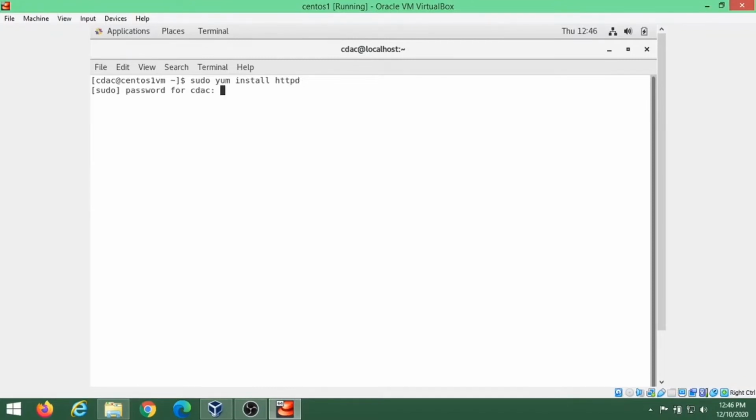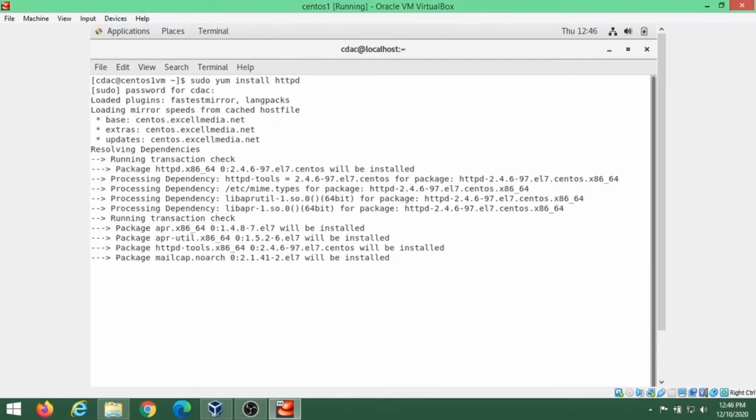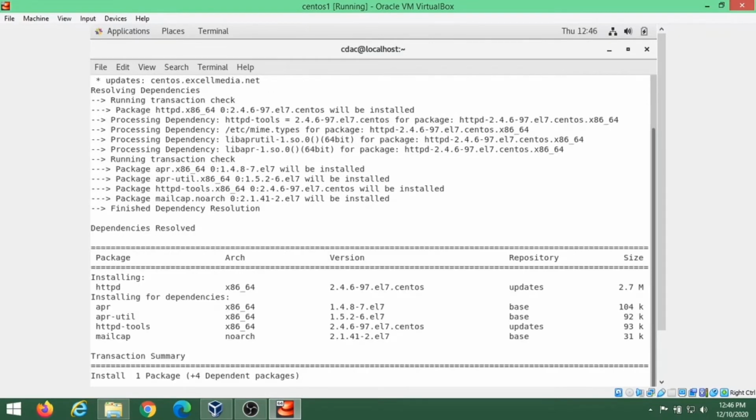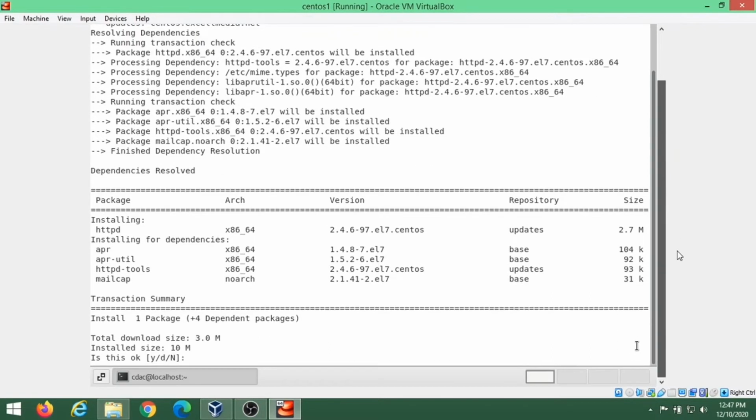We will provide the password of our user. It will ask us for the permission, provide Y and hit enter.